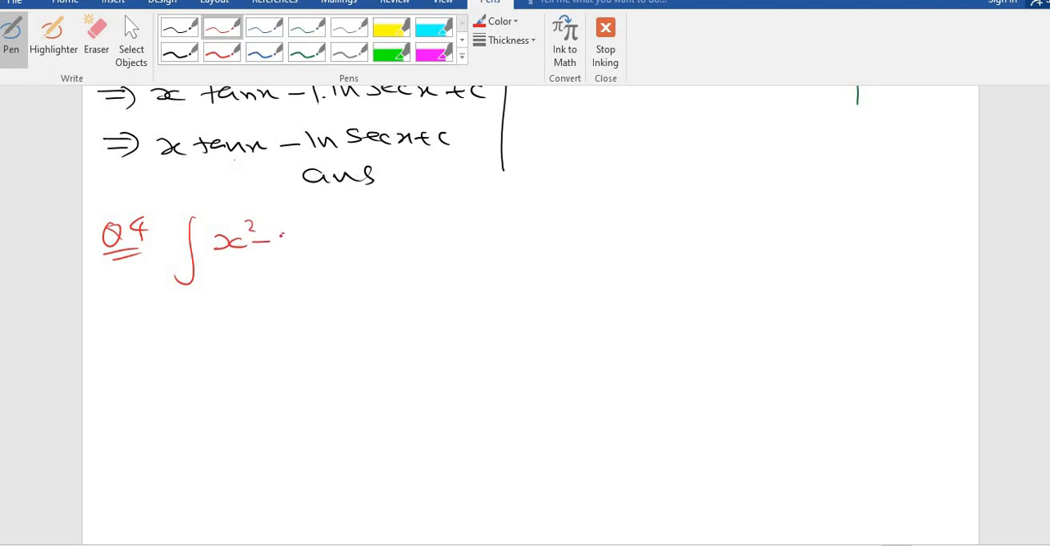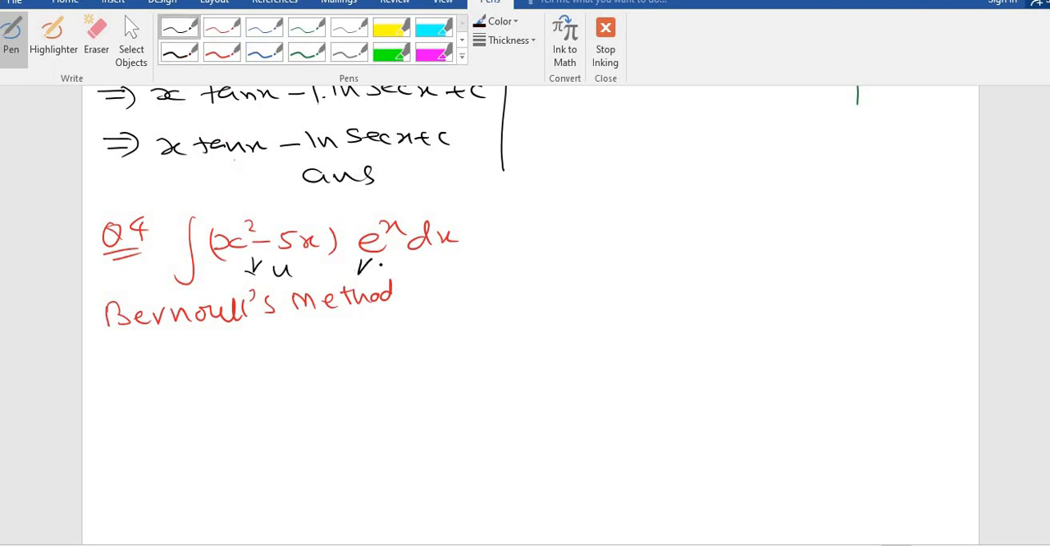x square minus 5x into e power x dx. Again, you can use both ways. So I am going to use Bernoulli's method first. Bernoulli's method means you have to assume this is u and this is v. So by Bernoulli's method, u means x square minus 5x, and v dash integration, v1, means integration of e